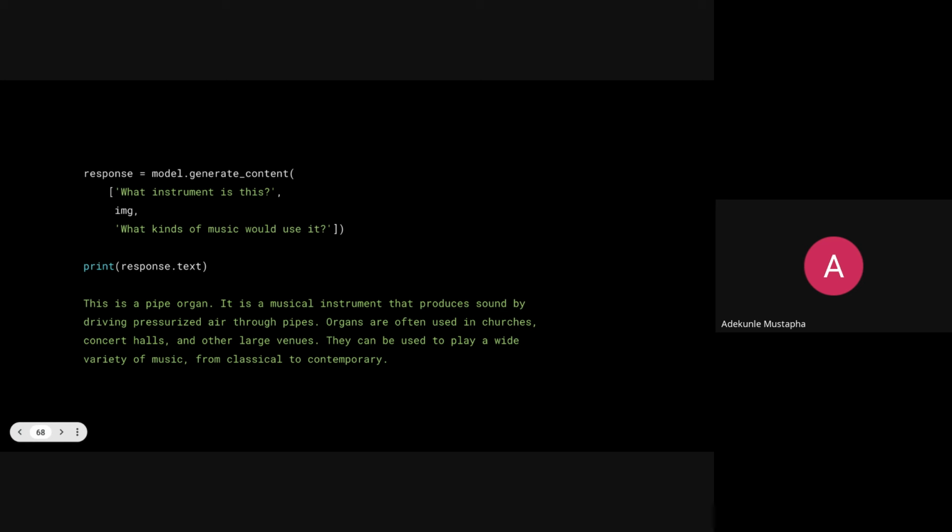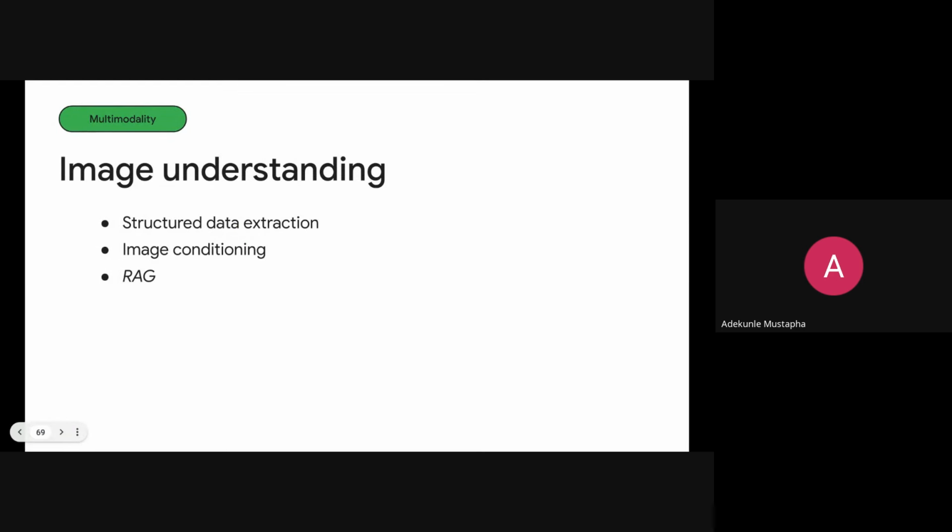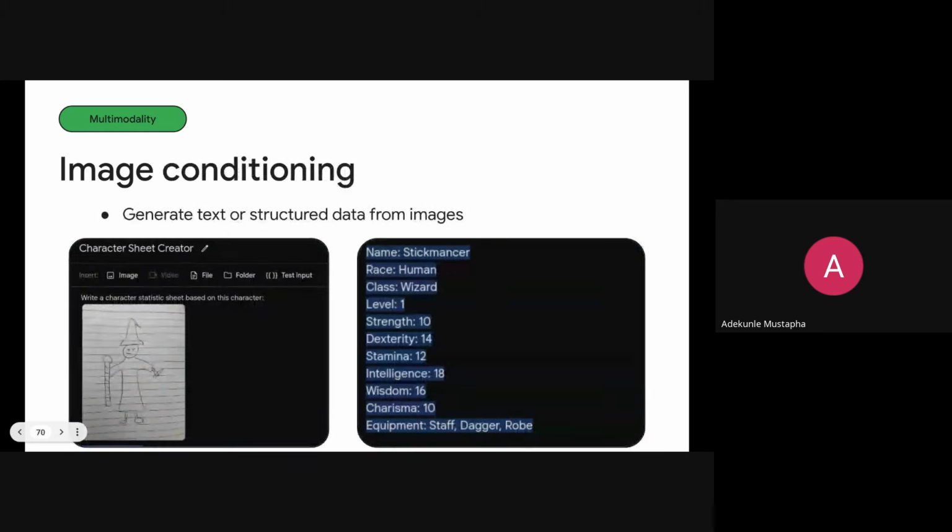So a generate content request takes a sequence of input chunks, and each chunk is seen as a single mode or a mime type, and you can use it to interleave the text and the images in your request. So it's going over maybe each pixel of those particular images, and understanding what the image is all about, and influencing the kind of response that it gives at that particular time. So also RAG. There's no example here, but we can also use RAG. So you can also incorporate RAG in the image understanding conditioning that you are giving it at that particular time.